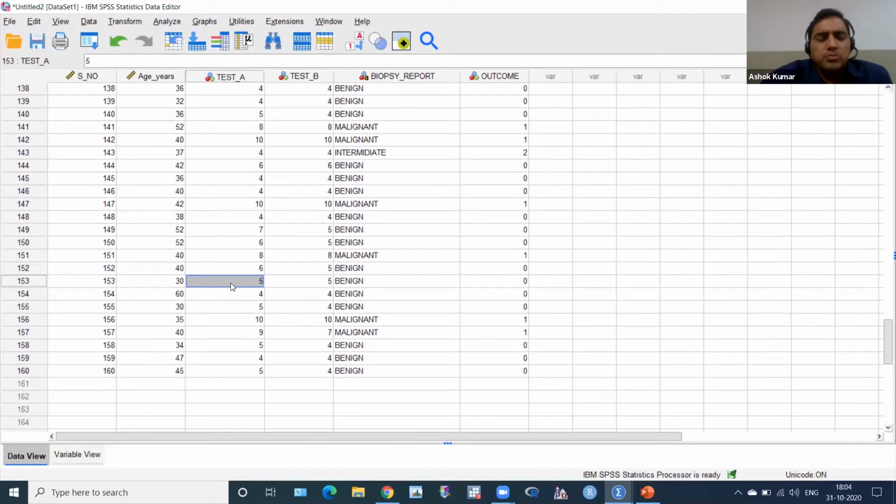For example, RBS, random blood sugar, performed on a cohort of 100 subjects, with values like 100, 150, 121, 101, and some patients may be diabetic or not diabetic.